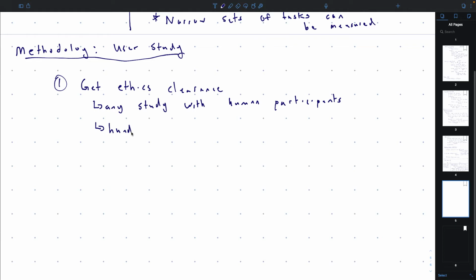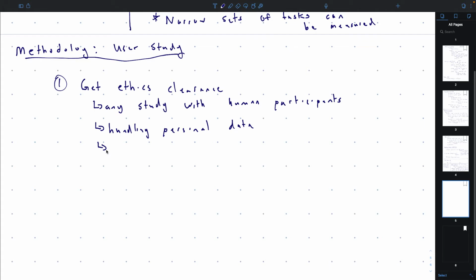So handling personal data is just one example of where they might have a say. Another thing that's often used in user studies is if you come in and you're like, hey, I'm doing a study on security, then the user is automatically going to behave more securely, as we said, right? And so usually you want to deceive the user.